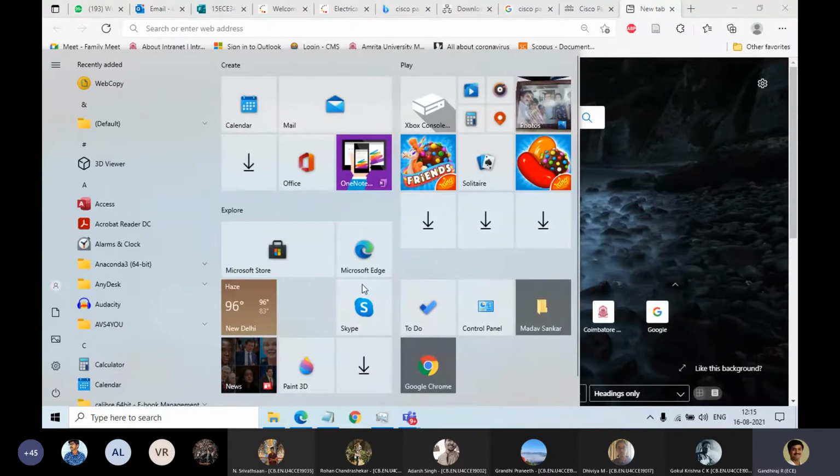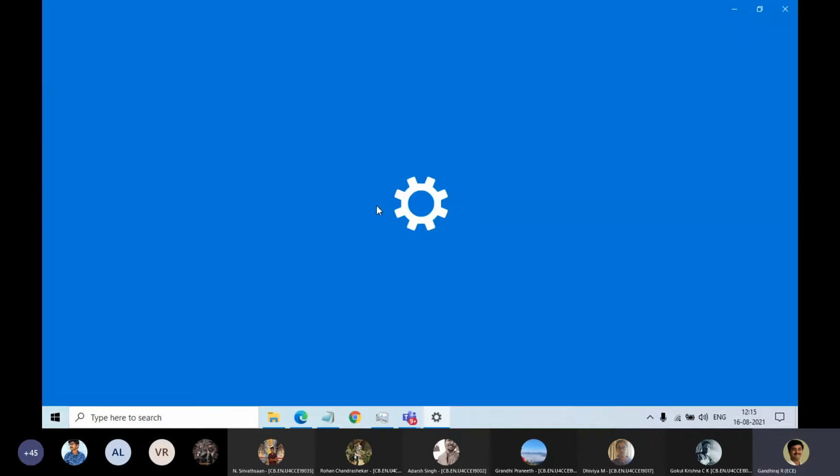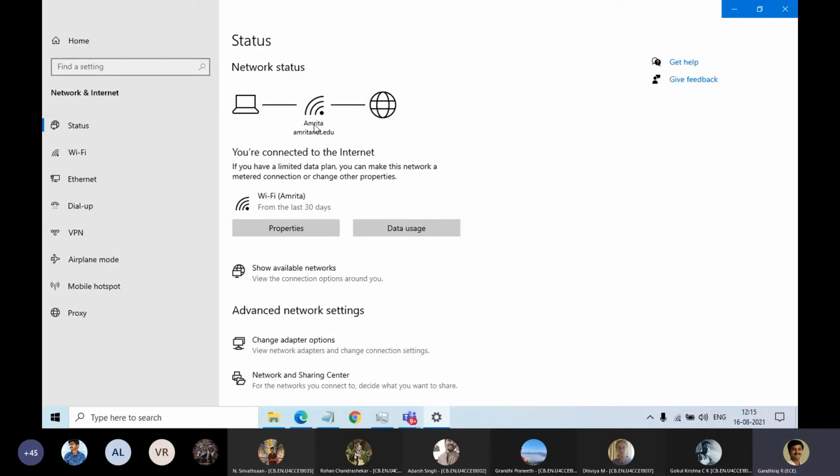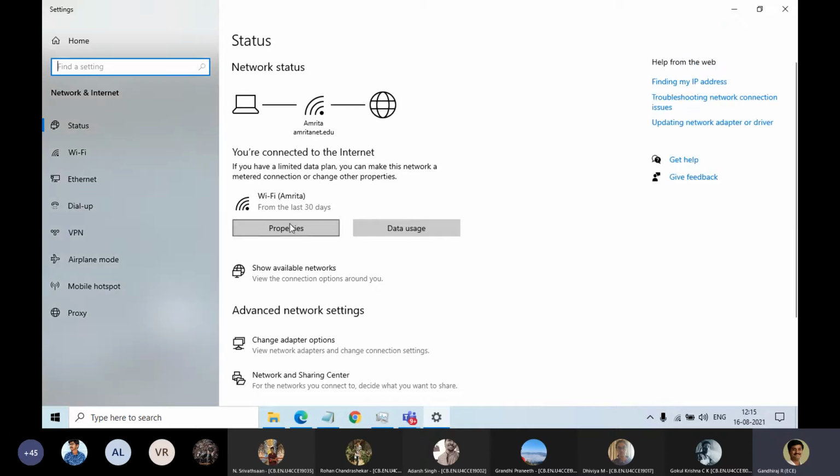If I click Wi-Fi now, you can also access what IP address is assigned for you. I'm accessing amrita.net.edu. If you click the Wi-Fi properties, there we can see what IP address was assigned for my computer.